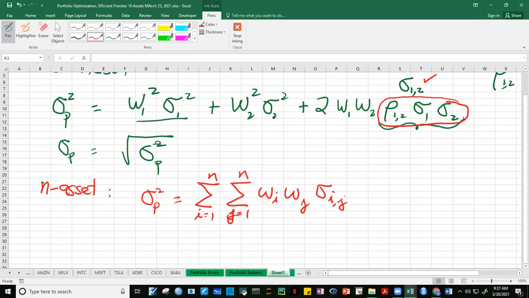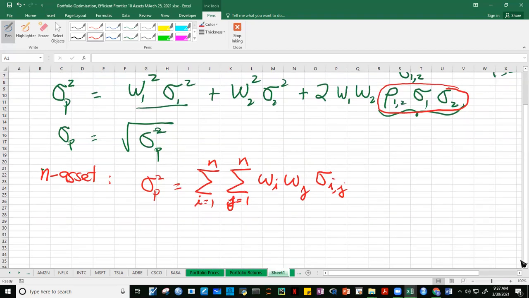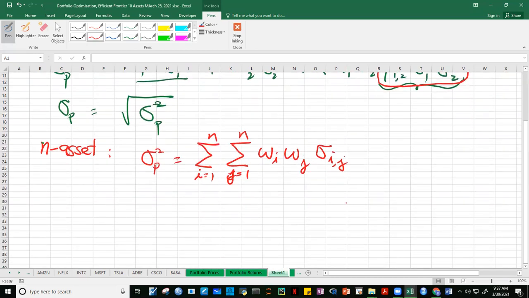Ganyan kasimple lang, no? Yung formula ng variance. Okay, remember this, no? Okay, remember this. So, let's just try a three-asset portfolio. I-amplify natin using this formula. So, this is the risk in terms of variance of an n-asset portfolio. Pag sinabing n-asset, it can be paano kung 3 assets yung portfolio natin, or 4 assets, or 5 assets. You can compute it using this formula. Pero of course, the bigger the n, the longer your formula is.